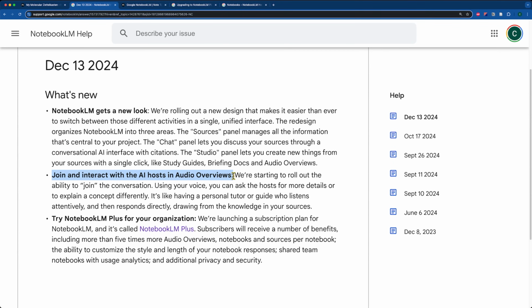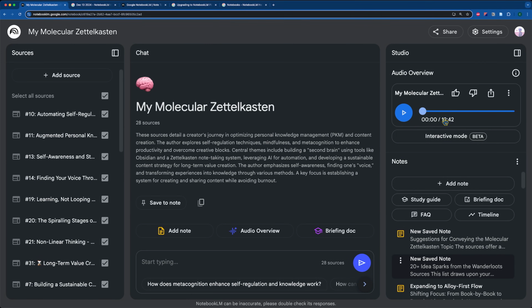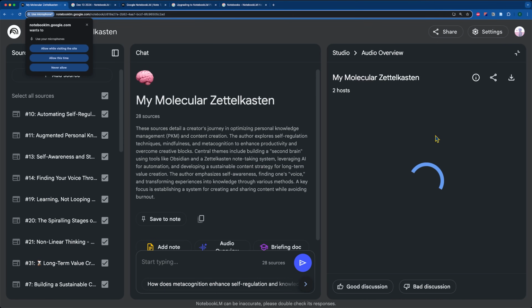The second update is that you can now join and interact with AI hosts in the audio overview section. So this is where on the side you can see that there's an option to generate an AI overview. So I'm going to click load from the previous conversation that I made in one of my earlier videos. And now, rather than just hitting play and just downloading the copy of the audio overview, there's an interactive mode. So if I go here and click on interactive mode, which is in beta, and allow the microphone,